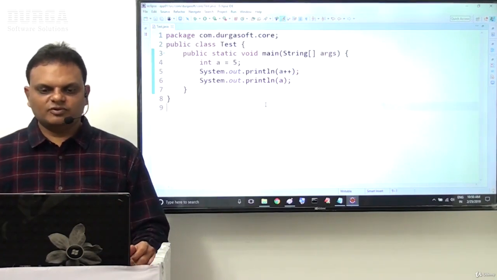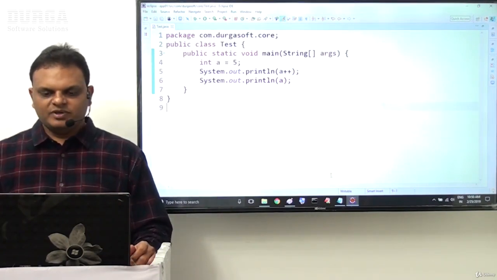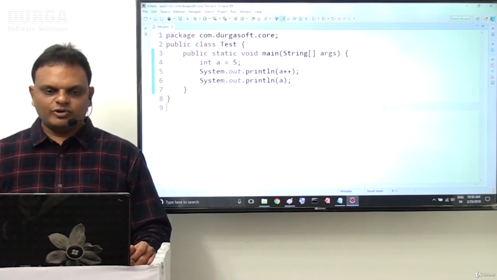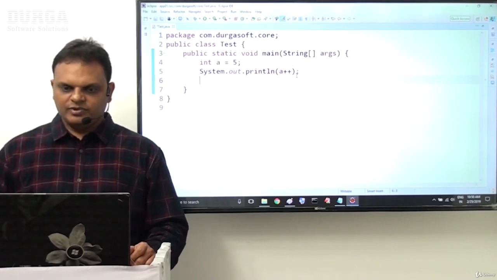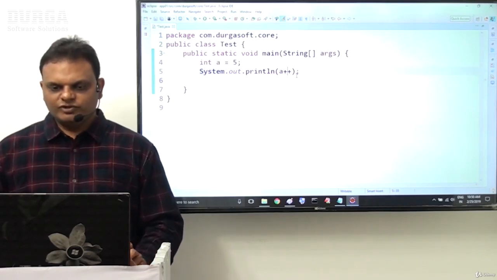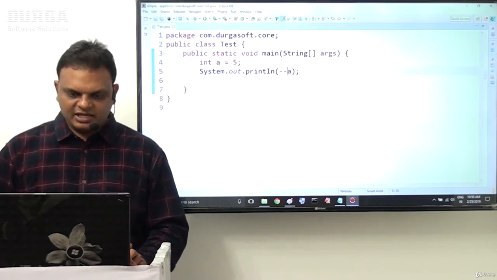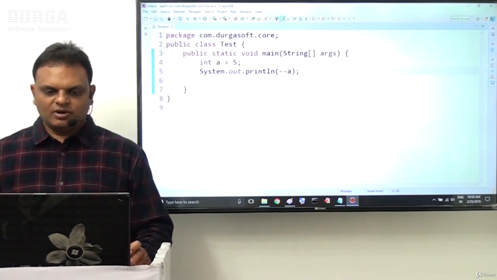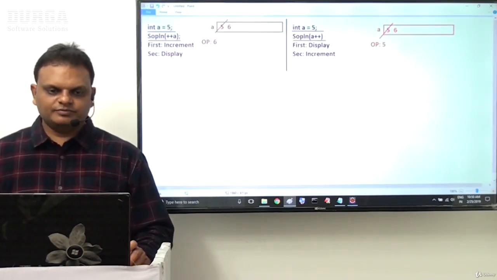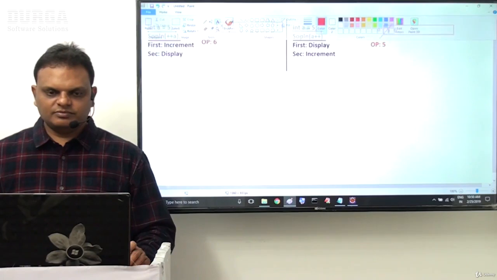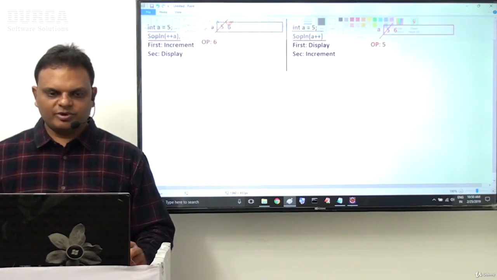This is the meaning of which one? Post-increment. Similarly, here we are going to use which one? Like a decrement operation, here we want to perform the decrement operation. So which decrement do I want to provide here? Pre-decrement. What exactly is the meaning of this pre-decrement? Try to recognize this one. Pre-decrement operation is what we are going to perform.